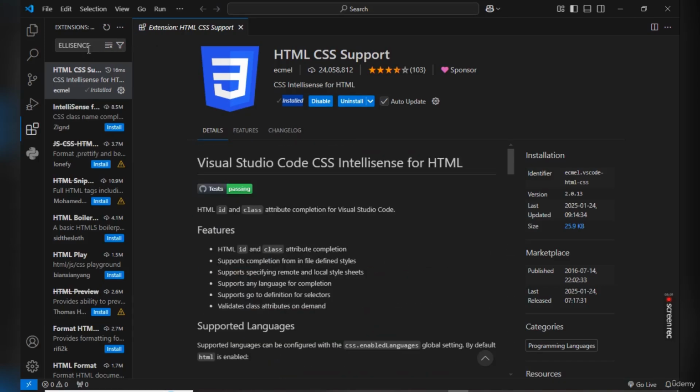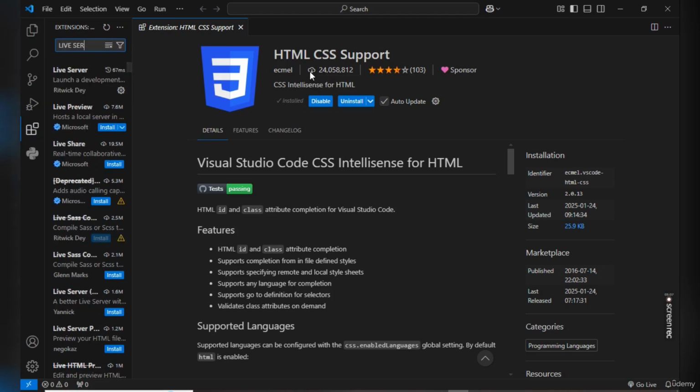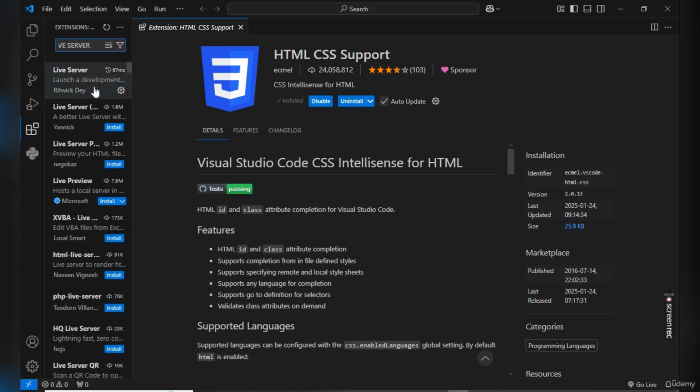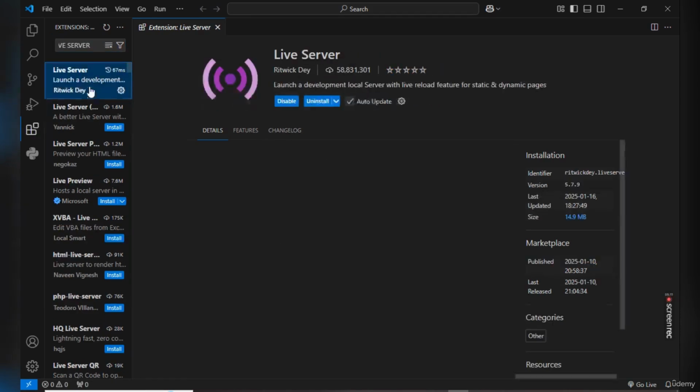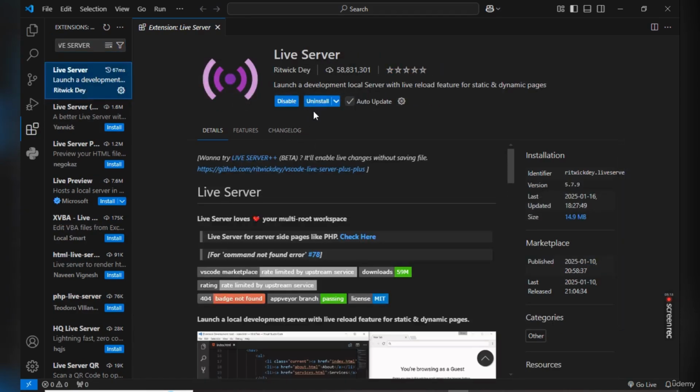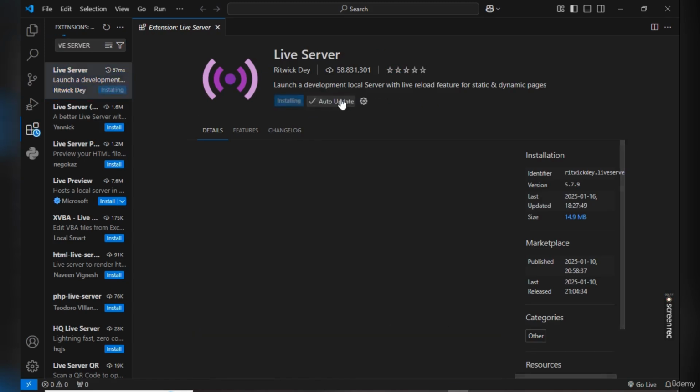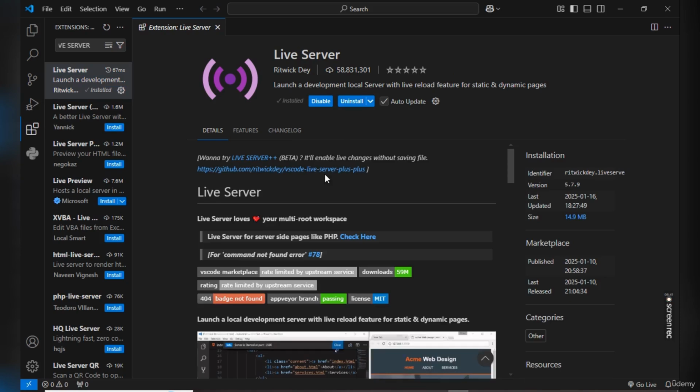So apart from the intelligence, okay, just come over here, something called Live Server. You can see it actually here, Live Server. Just select on this. It is installed already. I can uninstall, then install it back, that's not a problem. Okay, so now the reason for Live Server is that when we get to the practical aspect, you're going to understand perfectly well. But the reason is that whenever you write the HTML or CSS language,